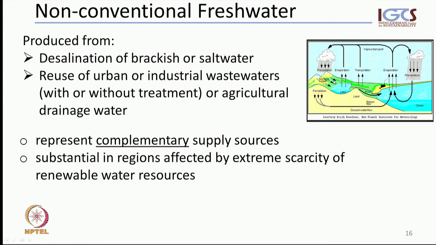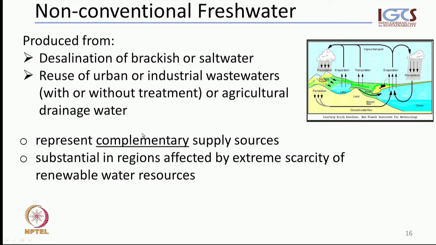And there are reasons for that. So this non-conventional freshwater is considered to be simply a complementary supply source. So it's a source in an emergency. It's a source of water that can ease an extreme situation, but it should not be considered as a long-term